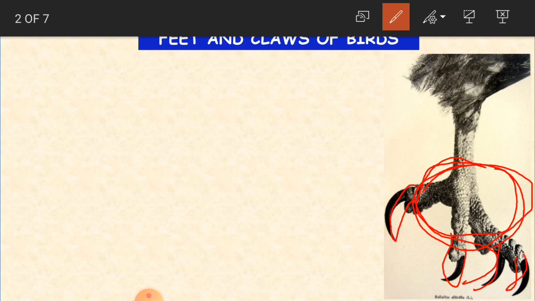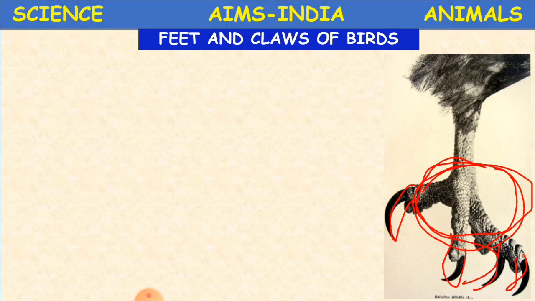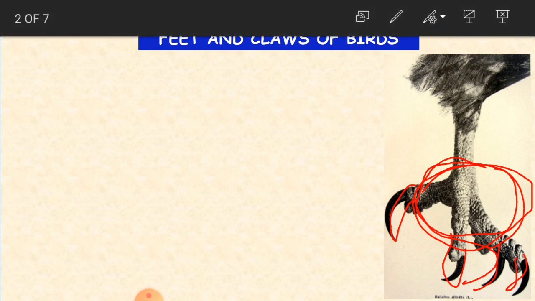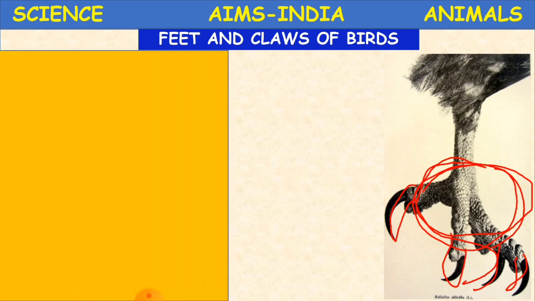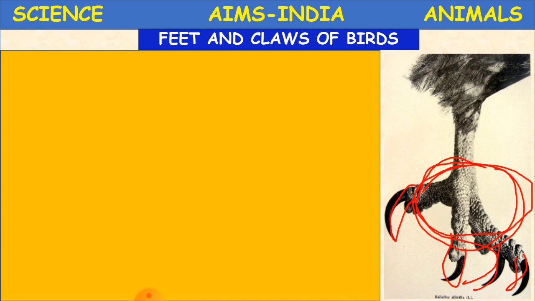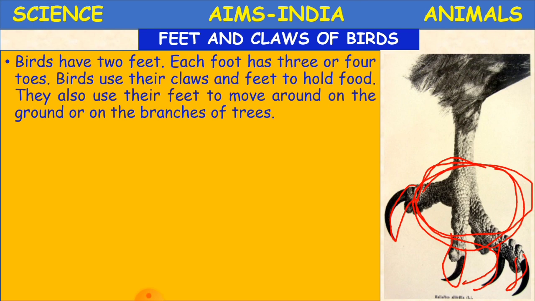Very sharp claws. As we have nails, in the same way the birds get claws on their feet, at the end of the feet. Clear children? So how are they? They are very thin, very hard and curved. Normally our human nails are not curved, we have a pointed nail, but the bird has curved claws. Curved in the sense they are bent down. So this is how they have got their feet. We will be learning about different types of feet and claws of a bird in this session.